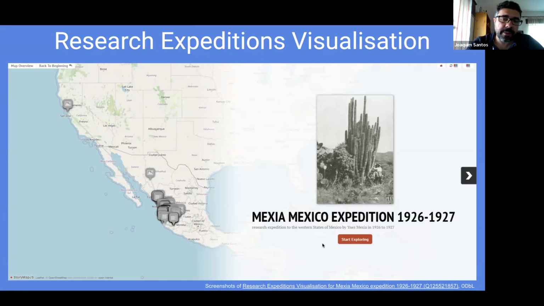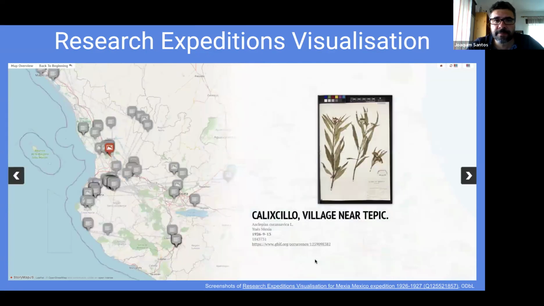Another interesting feature is that Wikidata can be used in other places, as you have seen with Binomia. And one of the most important platforms for biodiversity is GBIF, the Global Biodiversity Information Facility, where collections and people publish observations of biodiversity. So what we are aiming to do is that collections publish their specimens, identifying the research expedition using a Wikidata identifier, so we can plot specimens collected during that expedition on the same map of the expedition, and